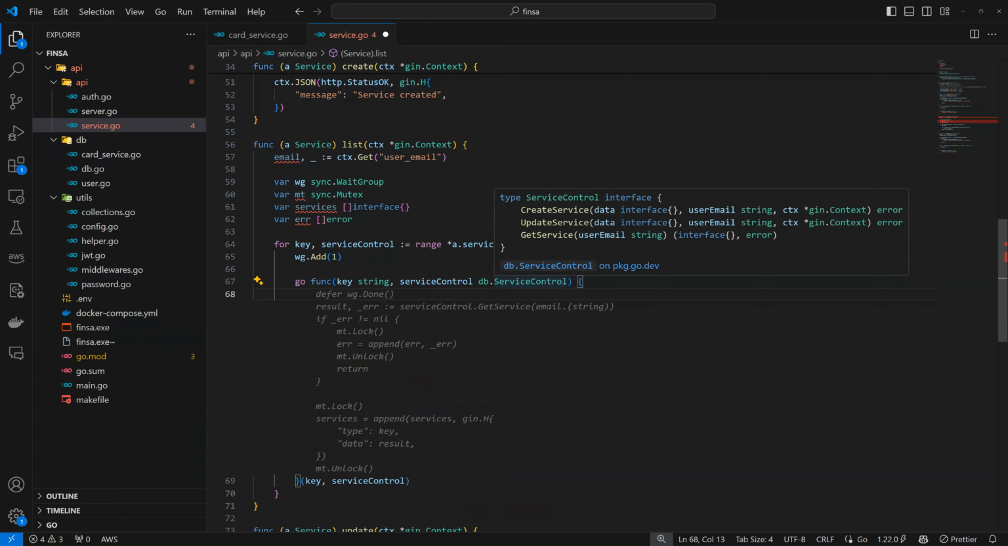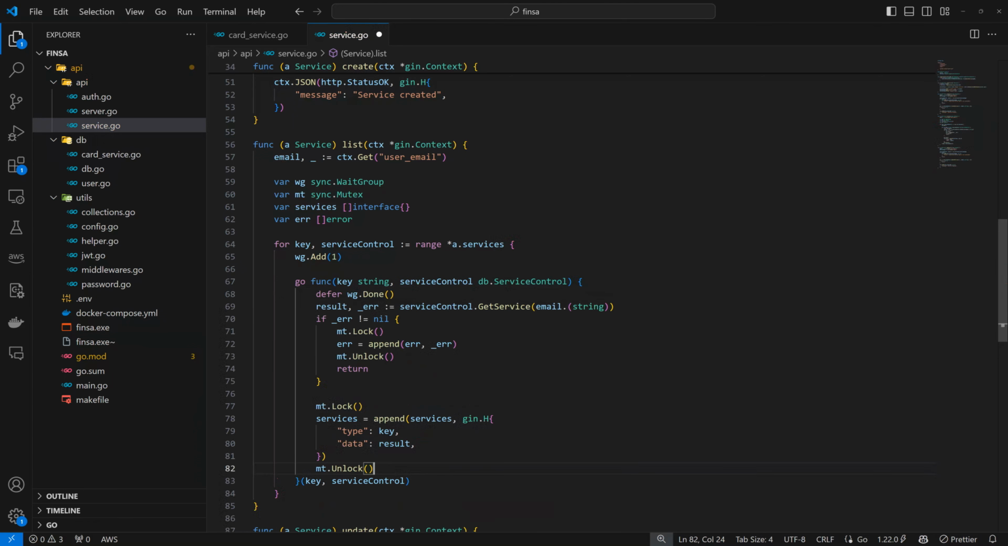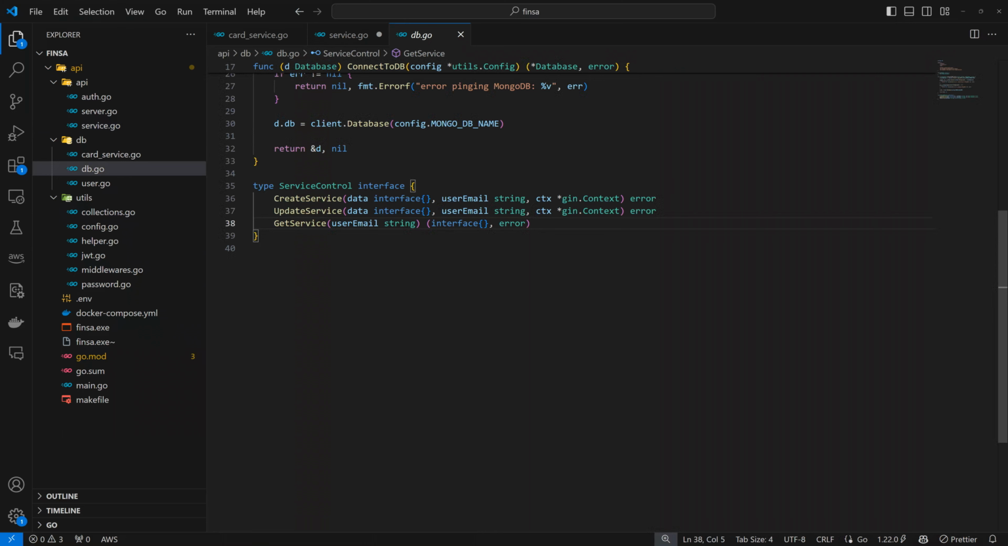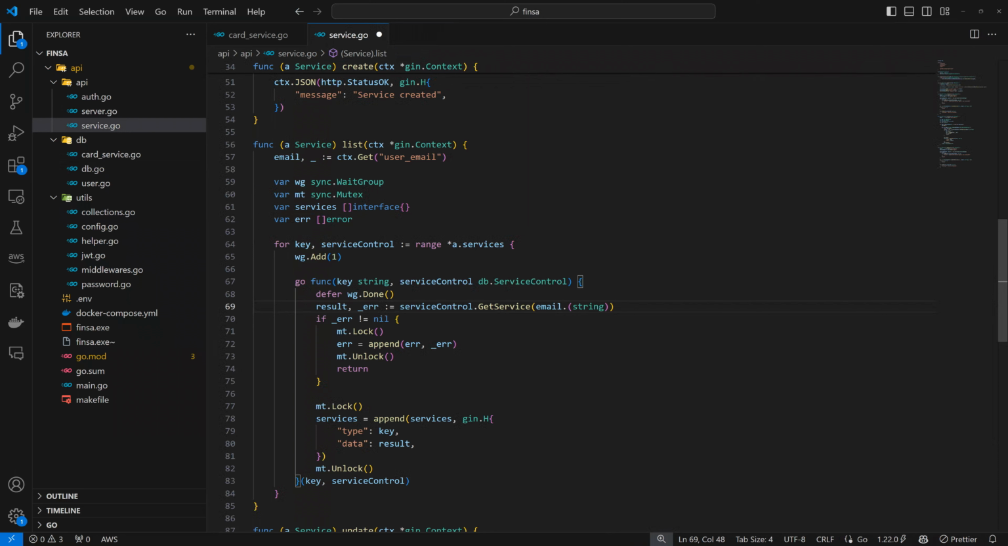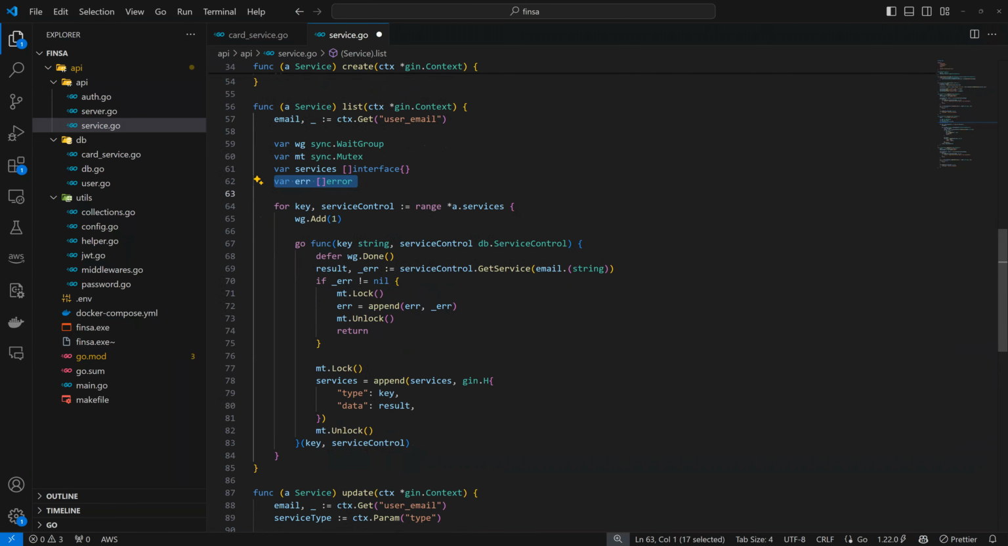Then again, we're going to have the defer done just to show that we are done. Then here we're going to have the results. So results or error, service control get service. You can confirm that from here. So we are expecting an interface or an error. That's why we are able to determine that we are expecting an error here. So yeah, we converted the email to string. So if error is not nil, so if an error exists, then we are going to lock the error so that we can append our value and unlock it later, then we can return. However, if we escape this check, we are going to lock the service,